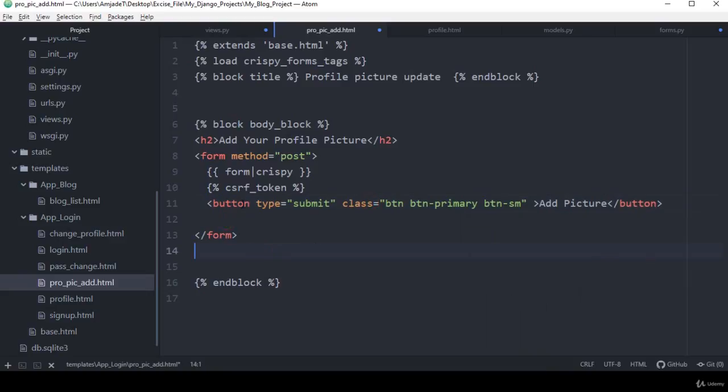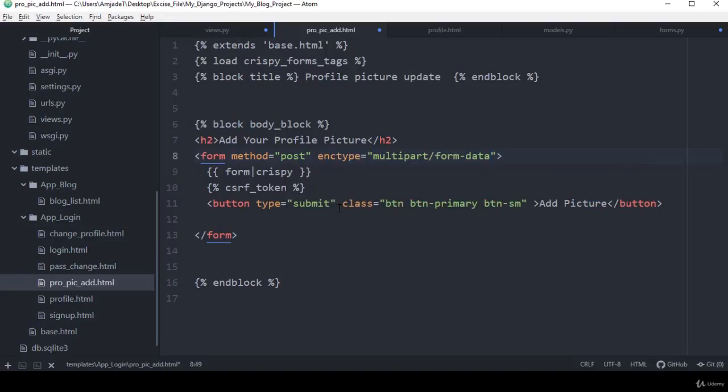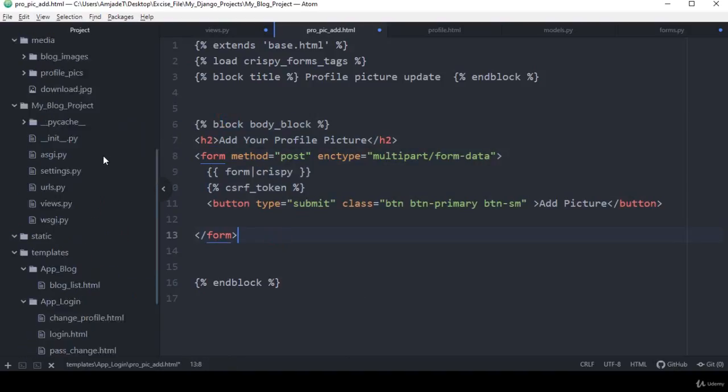So friend, here one thing, I want to update the images. So when you pass any kind of image data, then here also we have to add the enctype in that particular area. So if you want to use that enctype, it would be enctype, and then you can see there is actually multipart form data. So make sure you add it. Without this you cannot upload any new images. So if you are working with images, make sure you add that enctype as multipart form data. So now if you want to access it, for access it we have to create one